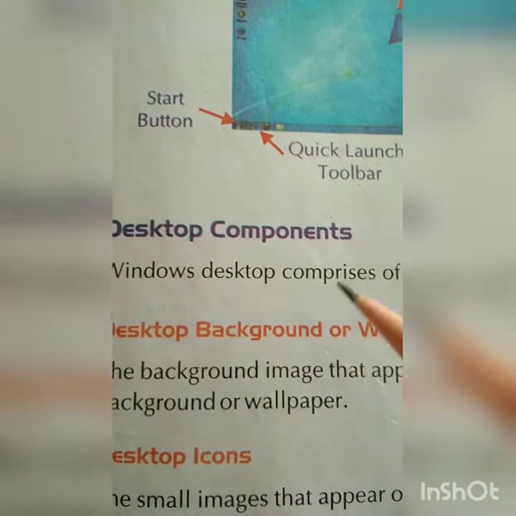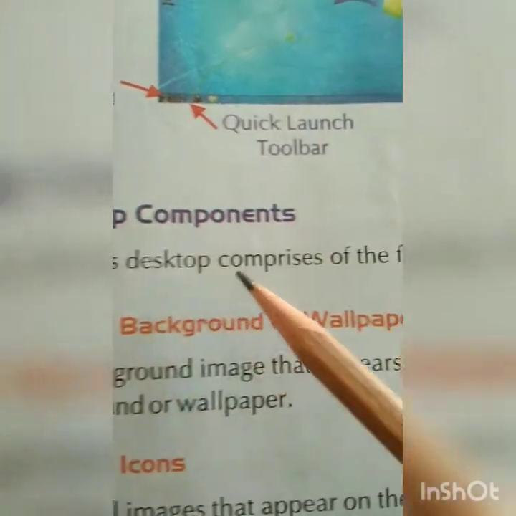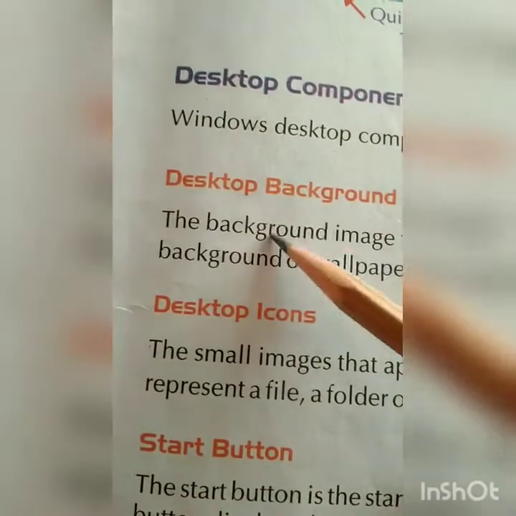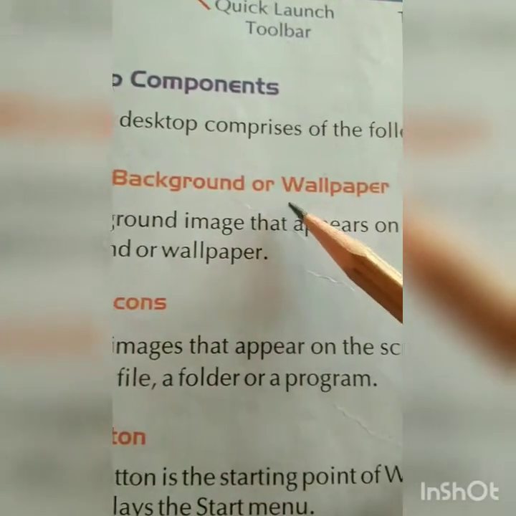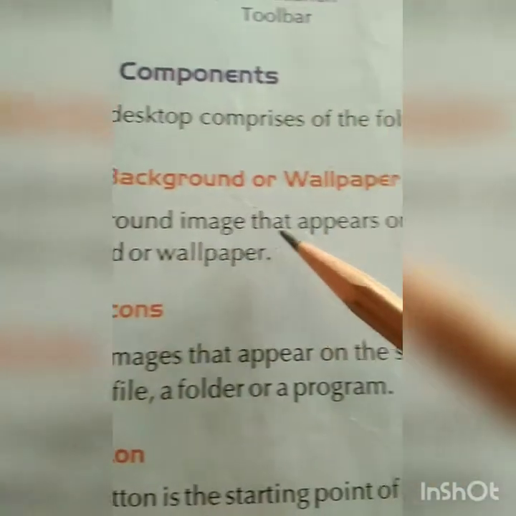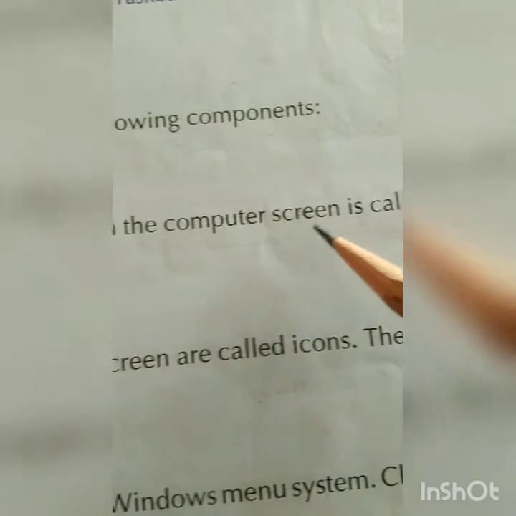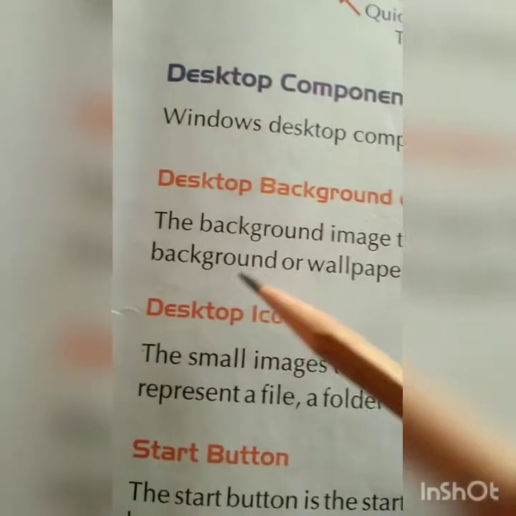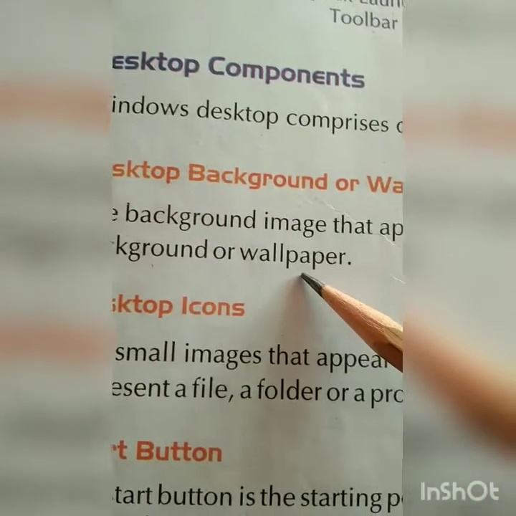So far we have covered what Windows is and how it works. Now the desktop components. The Windows desktop comprises the following components. First, the desktop background, or wallpaper. The background image that appears on the computer screen is called the desktop background or wallpaper.